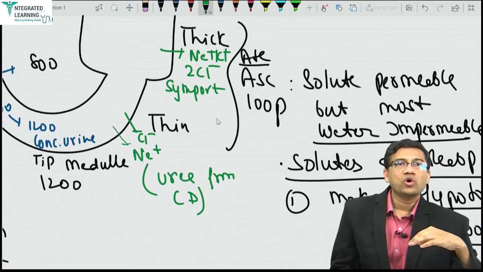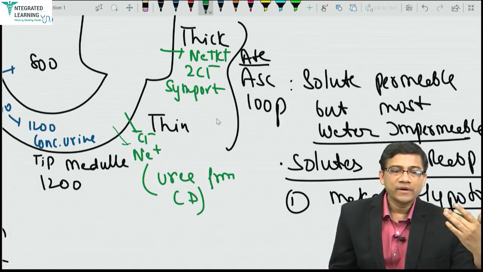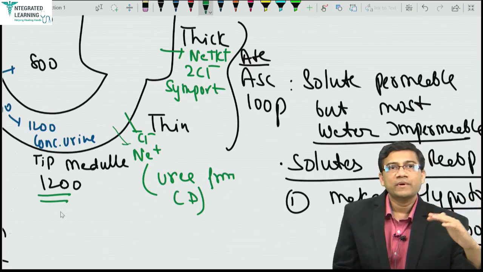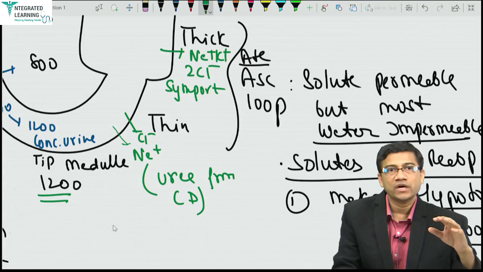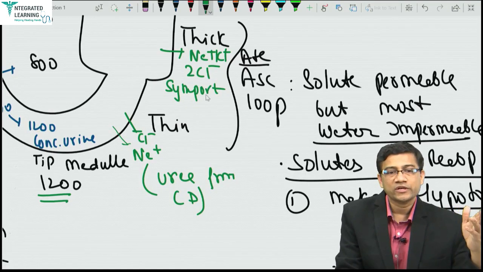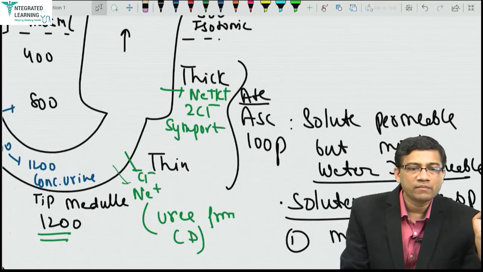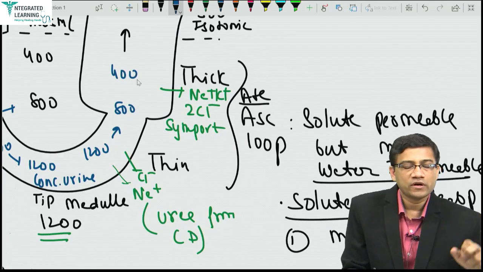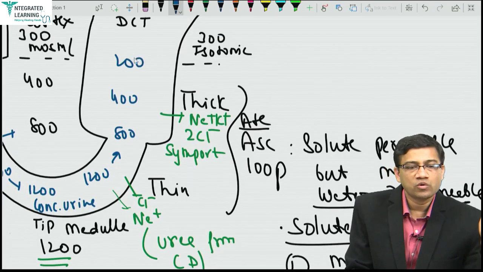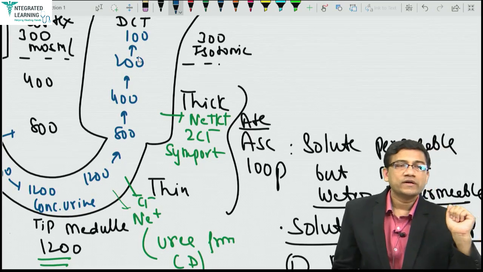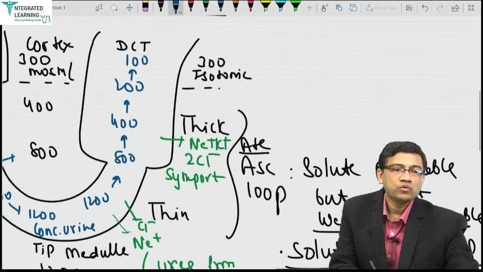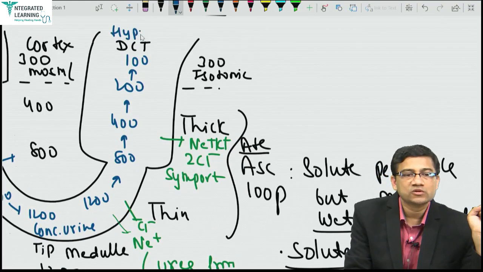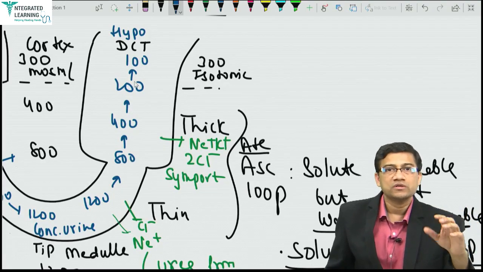So ultimately all these solutes are added to the medulla, making the medulla 1200 milliosmol because of constant addition of urea, chloride, sodium, 2-potassium, all. So what will the urine become? Hypotonic. Let's say it was 1200 here, now it becomes 800, now it becomes 400, eventually it becomes 200 and 100. So what is the osmolality here? Hypotonic. So DCT is hypo, which I discussed already. Why? Because you put all the salts into the medulla.